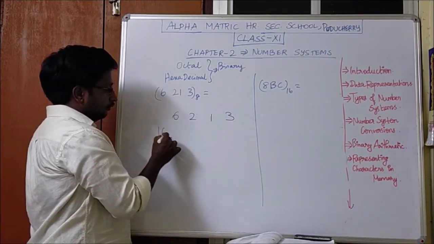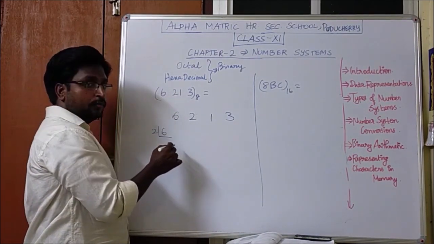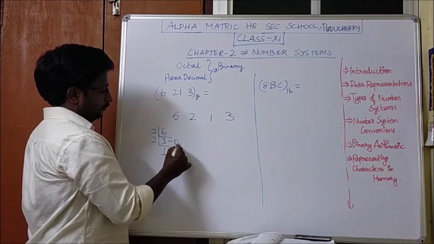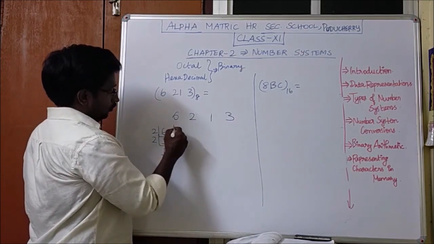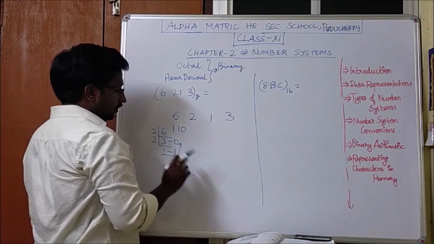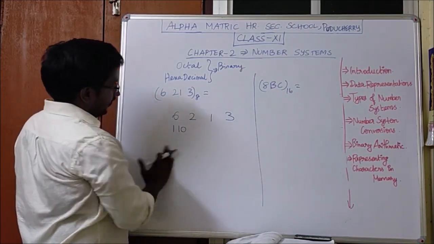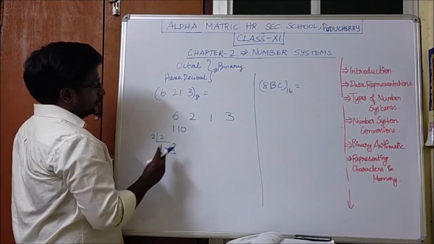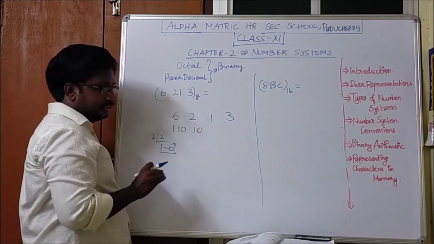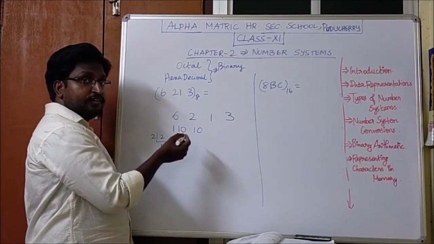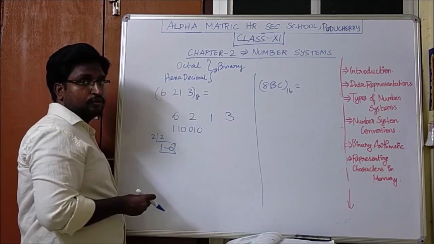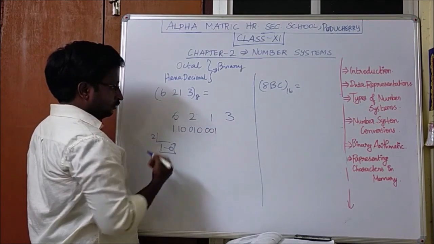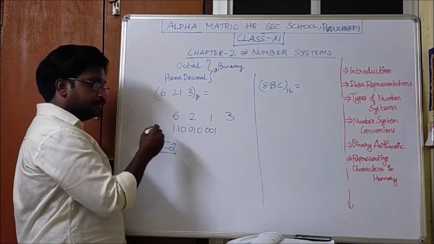First you have to find out the binary equivalent for 6. The normal way to find the binary equivalent is the division method. That is 110. So this is the binary equivalent. For 2, here 10 is the answer. You have to group as 3 digits, so you can add 0. Next is 1. For 1, the binary value is 1. That is the minimum quotient value.